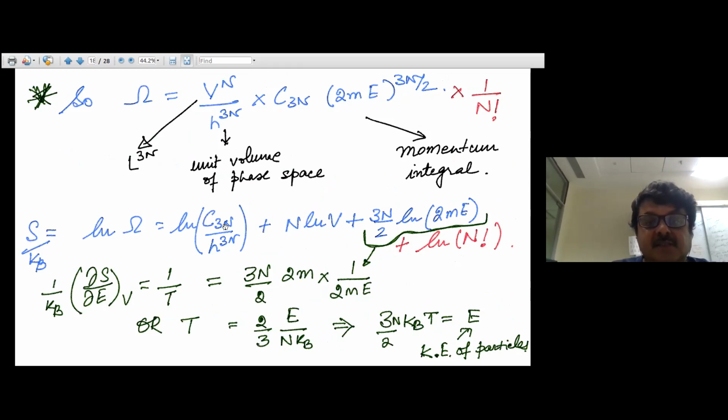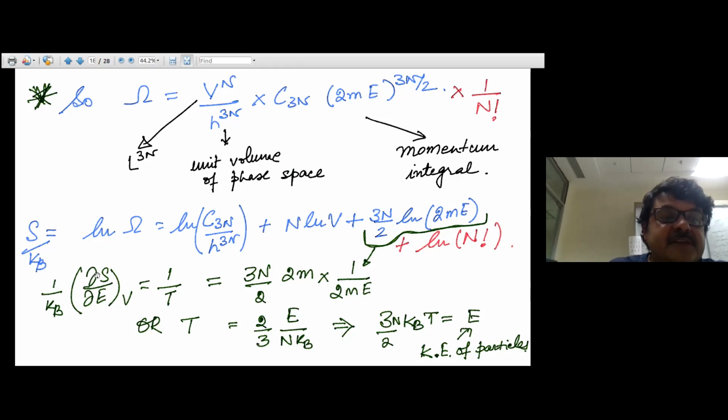Which is log omega, log C_3n upon S. So this is a constant factor, N log V, because when you take the log, N comes out, ln of V, and here you get 3N/2 ln 2πmE. And if you took the log of this factor, I have written it in red, ln N factorial. But at the moment we are neglecting it. Okay. So the next step is, if we associate this quantity, kB log omega, to be entropy,